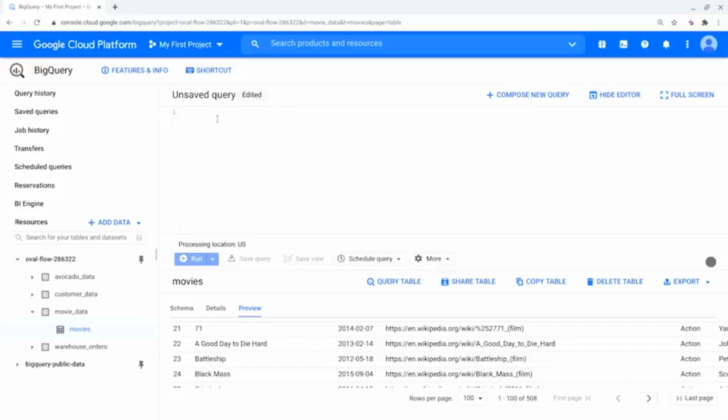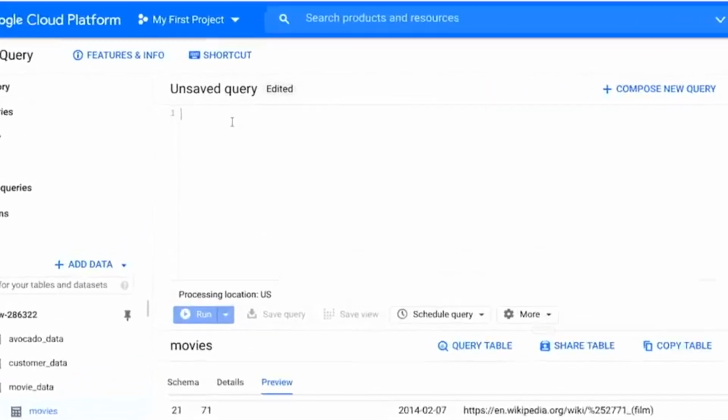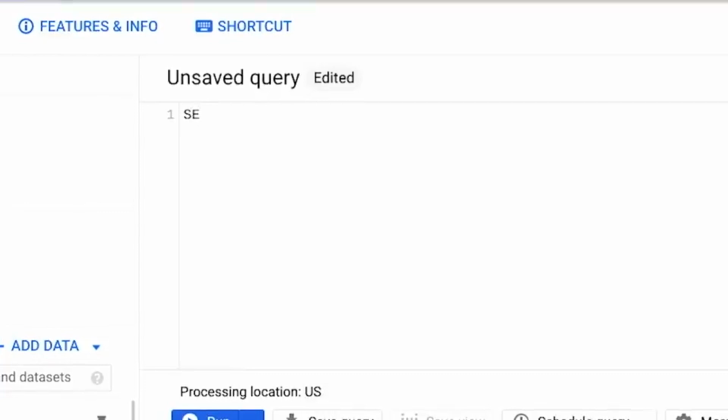In this case, we'll use the where clause to filter the database and narrow down the list to movies in the comedy genre. To start, we'll use the select command followed by an asterisk. In SQL, an asterisk selects all of the data. On a new line, we'll type from and the name of the database, movie_data.movies. To filter the movies by comedy, we're going to type where, then list the condition, which is genre.